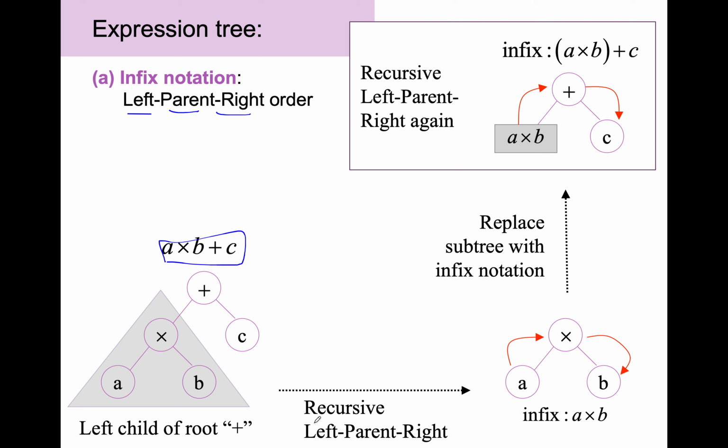So the left is normally your variables, your child, and then you're going to have A left, and then you find the operations, which is multiplication, and then the right is your B. So when you have the complete